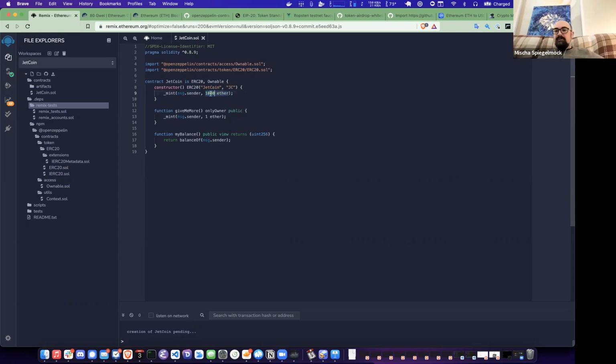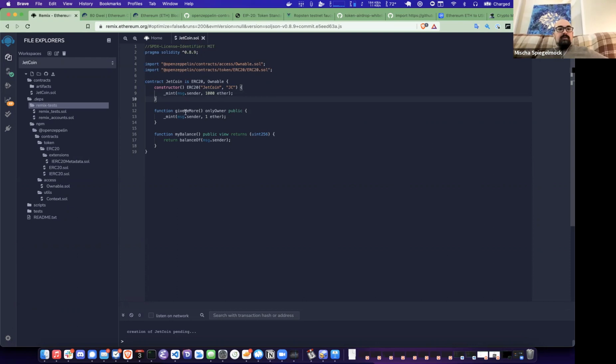This number is 1,000 multiplied by 10 to the 18th, which is the ether suffix here. If you want smaller units, you can say 1,000 wei, or 1,000 gwei, which is a slightly larger denomination that's used for gas usually. But because we want to take the decimals into account, we don't really want to mint 1,000, because remember, we're not dealing with floating point numbers here, just integers. So we want 1,000 with the correct number of decimals following it. So this is 1,000 and then a lot of zeros, 18, I think.